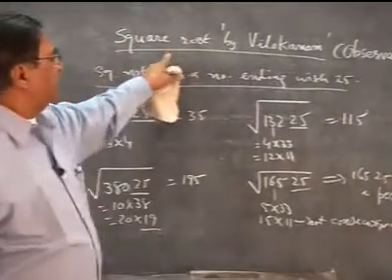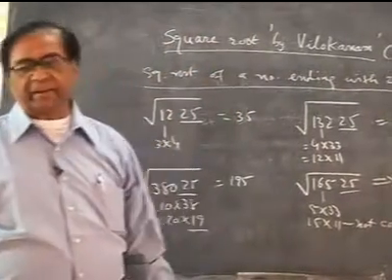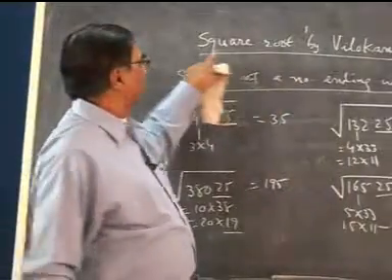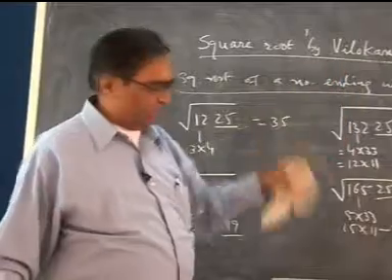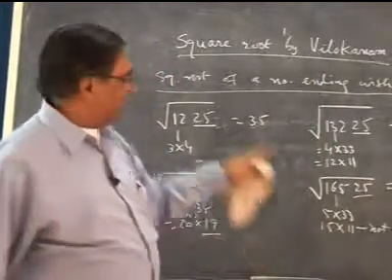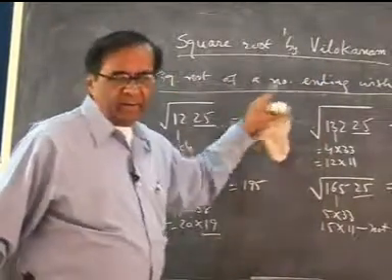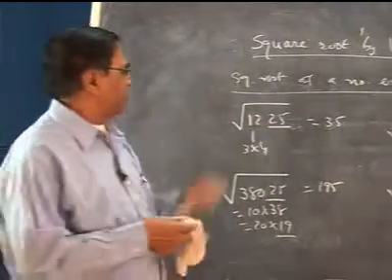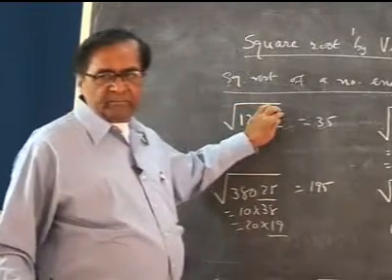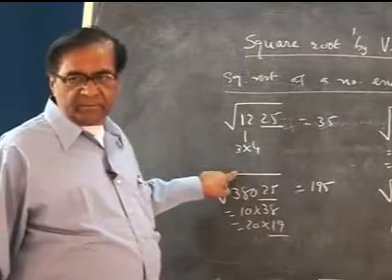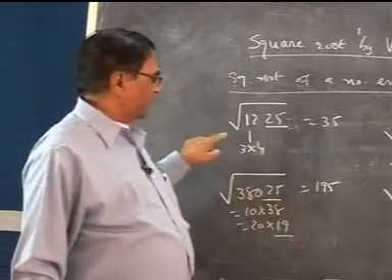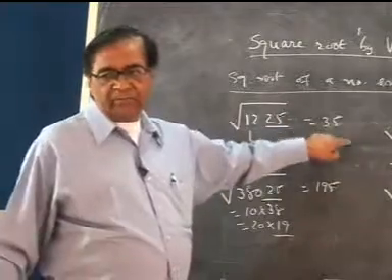So we are trying to find out the square root of a perfect square. Do you remember? We want to find the square root by Velokanam of a perfect square. So this is the way how to find the square root of a number ending in 25. I repeat the rule. Neglect 25. Represent the remaining part into 2 consecutive factors. Among them, take the smaller one, apply 5, and you are getting the square root.